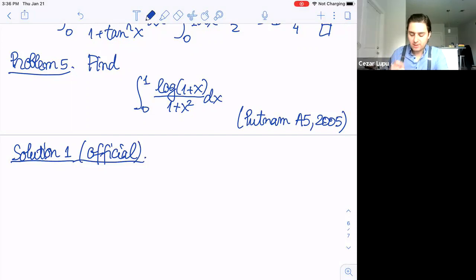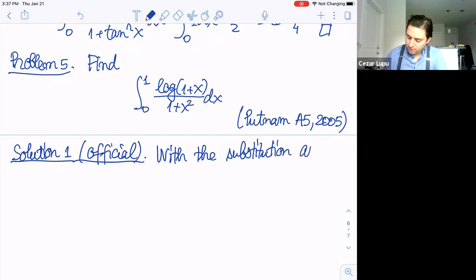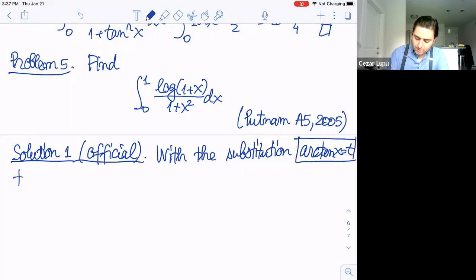And here comes the trick. Let's make the substitution arctan of x equals t. So that's the substitution I'm going to make. Let's call this integral I. The integral takes the form